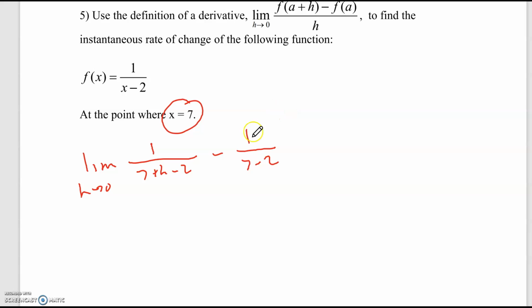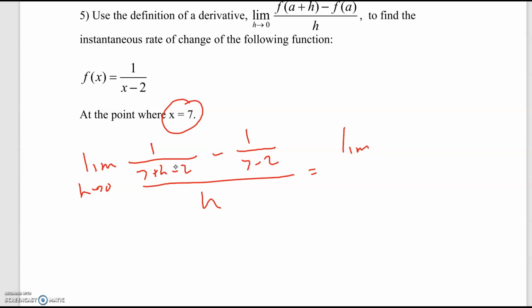That's just a direct application of the definition. So a plus h, where a is 7, just replace it into the x. So 7 plus h, and then x minus 2 becomes 7 minus 2, all over h. Okay, then you have to algebraically manipulate this to get the limit. So 7 minus 2 is